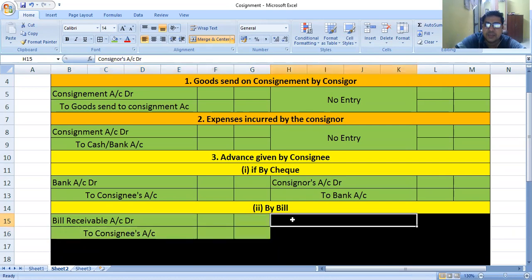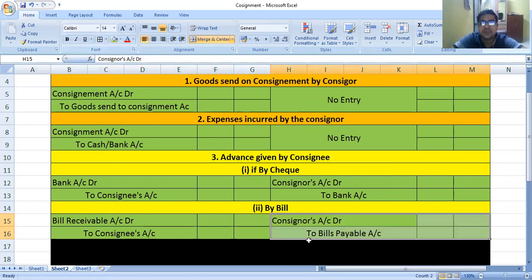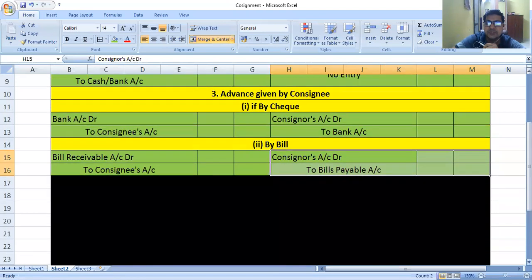And in the books of consignee, consignee is the drawee. The entry will be consignor's account debit to bills payable account. So in the books of consignee, whenever the bill is drawn and advance received by consignee, the entry will be consignor's account debit to bills payable account. Then friends, after recording these kinds of entries,